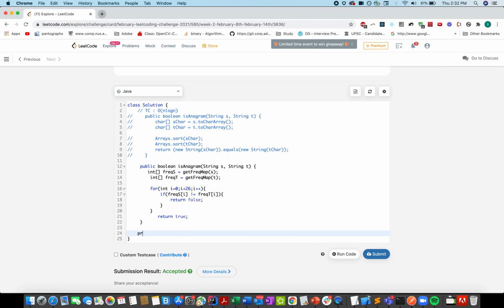And let's write another method that is actually creating the frequency map from a string. So instead of a map, I have taken an integer array of size 26 characters.